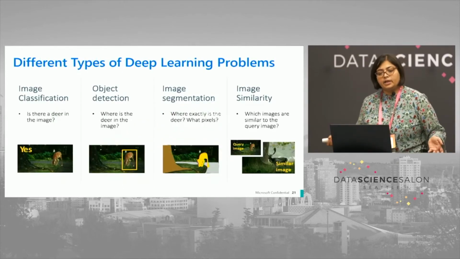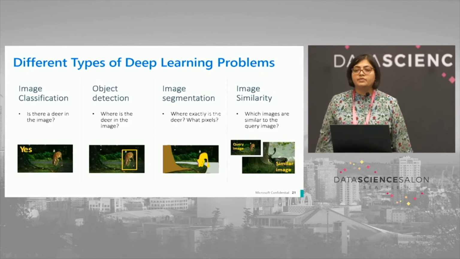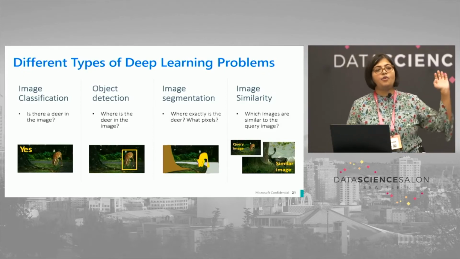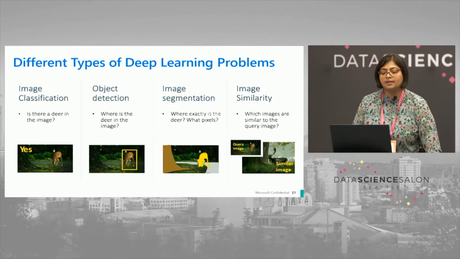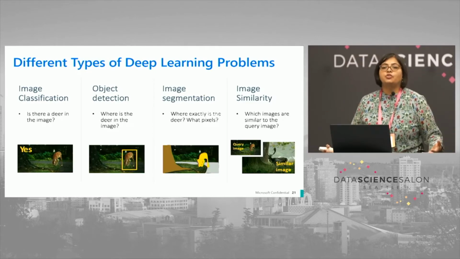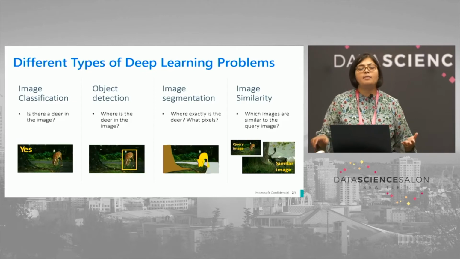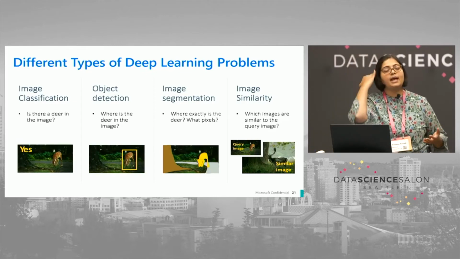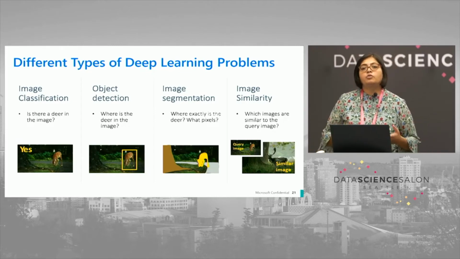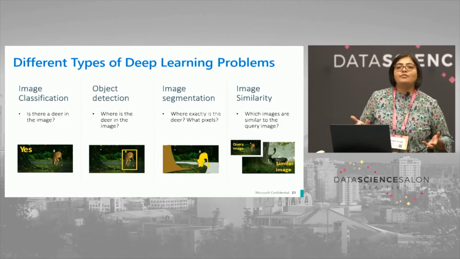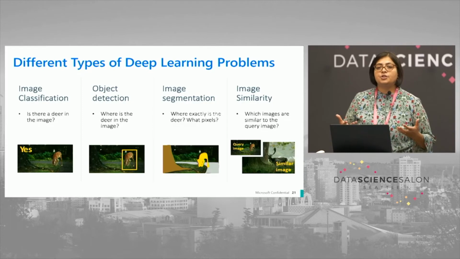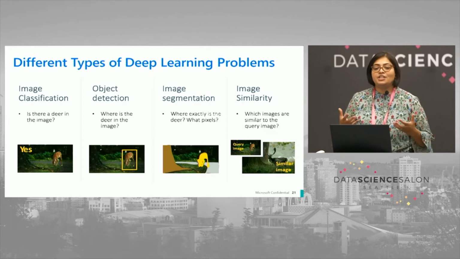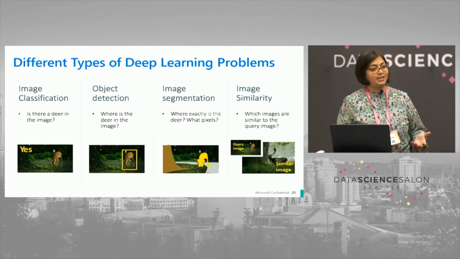There are different types of deep learning problems. For example, we know deep learning very well on images, but there are 4 different types of image learning problem, and you need to figure out what it is that you're trying to figure out. For example, I'm working with one NGO who is trying to figure out malnutrition in India. They have gone and collected tons of pictures of kids, and not just RGB pictures, but point cloud data.